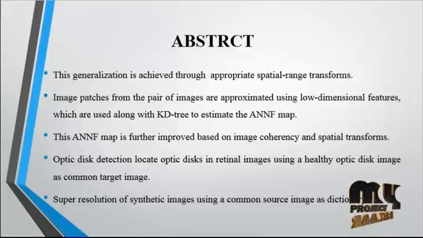Image patches from the pair of images are approximated using two low dimensional features, which are used along with the KD tree to estimate the ANNF map. This ANNF map is further improved based on image coherency and spatial transforms. This proposed generalization enables us to handle a wider range of vision applications which have not been tackled